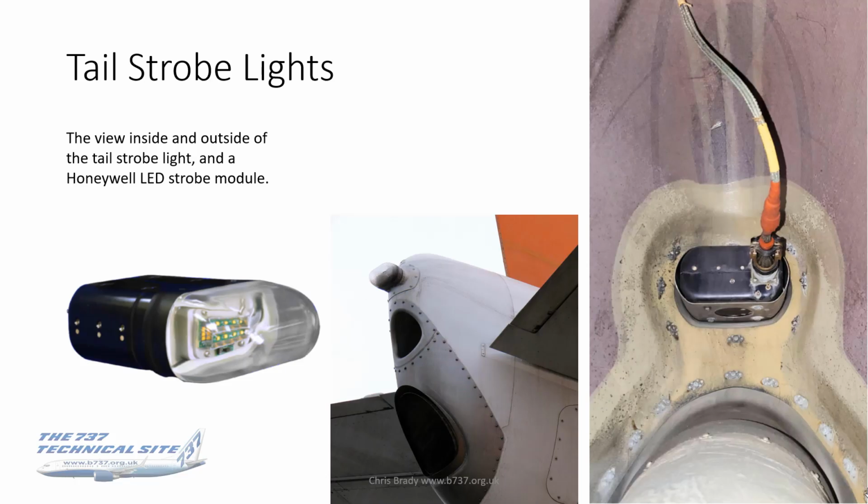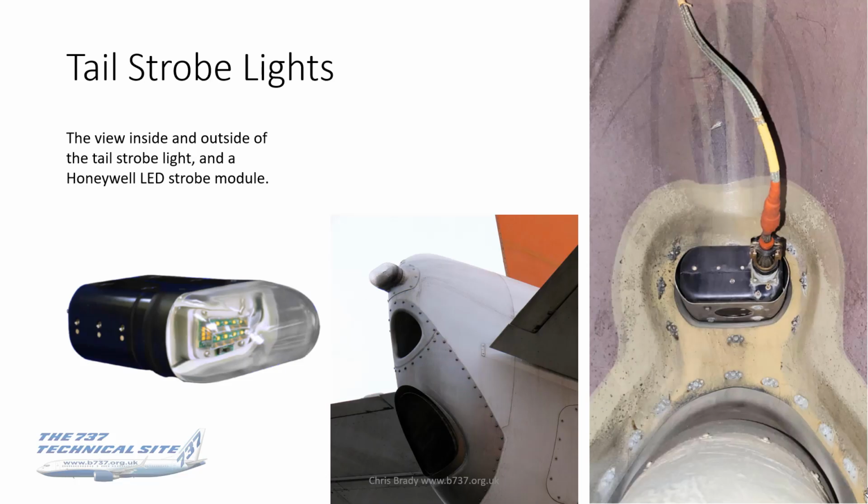Not a view we often get, but you can see the black plastic, rounded rectangular unit, and on the left hand side, that's just basically from Honeywell's website, and that's the new LED strobe module, and that was built to that size and shape to be completely interchangeable with the old xenon